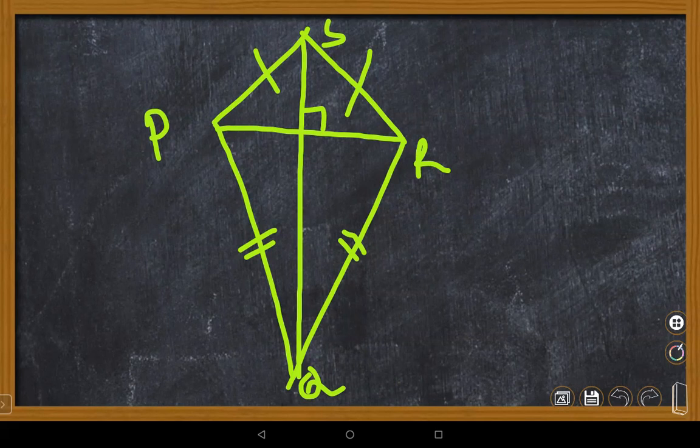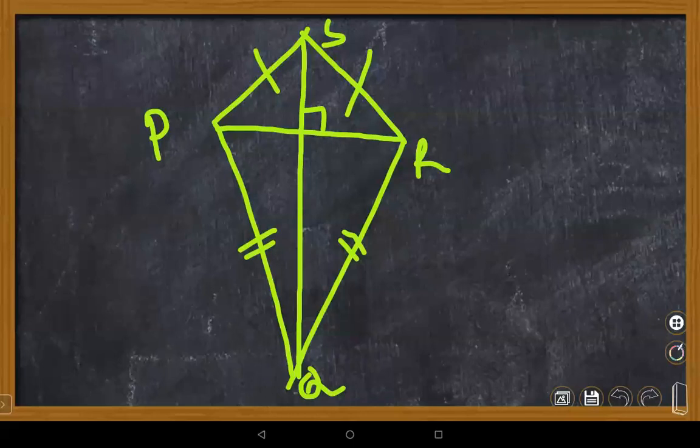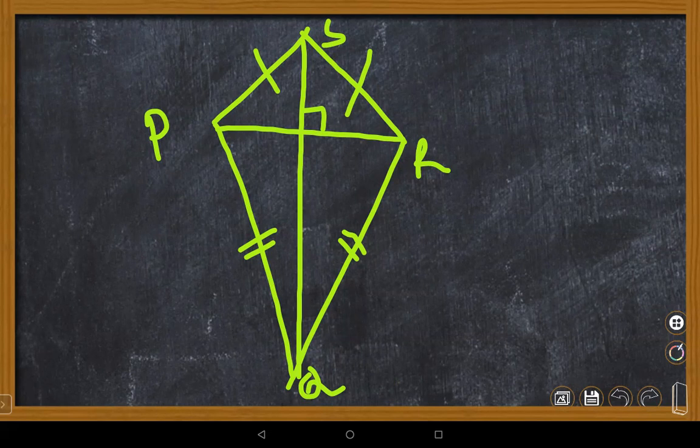Ma'am, and also one pair of diagonals are equal. One pair of diagonals are equal. Very good. Ma'am, only one pair in this case, the diagonals P and R. PO is equal to OR, ma'am. Very good. Can we say this is an isosceles? Suppose nothing is given. So for a kite, how are you supposed to think, children? Adjacent sides are equal. That is the major point you have to remember for a kite.